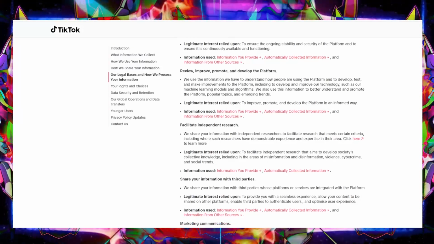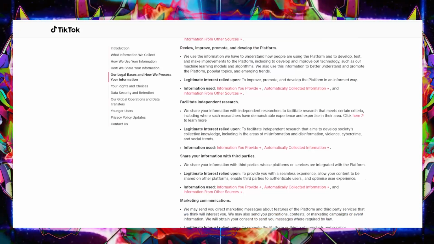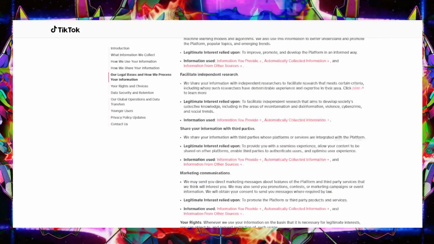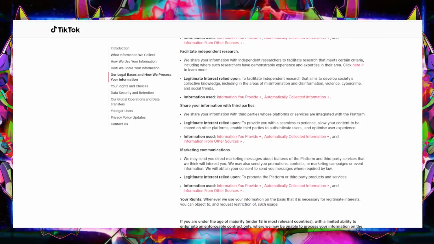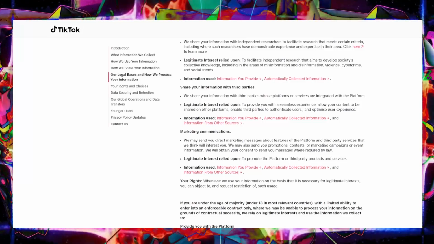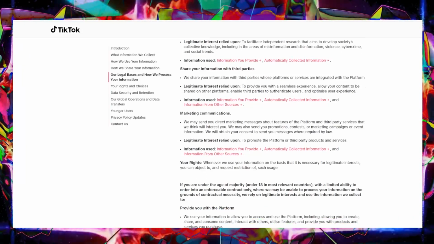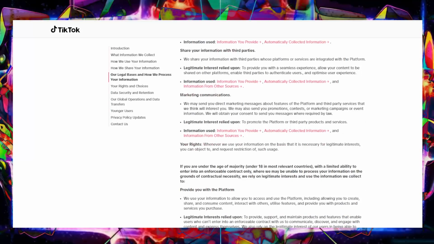Okay, so there is some hope. Tell me more. Well, for one, you have the right to download your data. Wait, really? What's even in there? Think of it like a digital scrapbook of, well, your TikTok life. It's got your profile info, videos you've watched and liked, comments you've left, even messages you've sent and received. Wow, that's a lot. I'm almost scared to look, honestly. But it's good to know we can, at least. What else can we do?